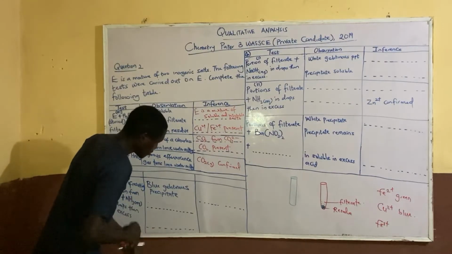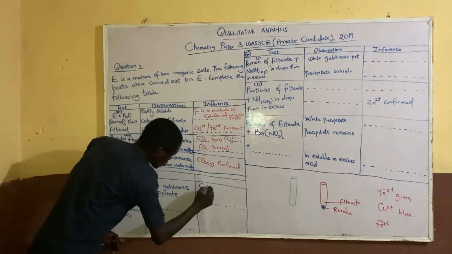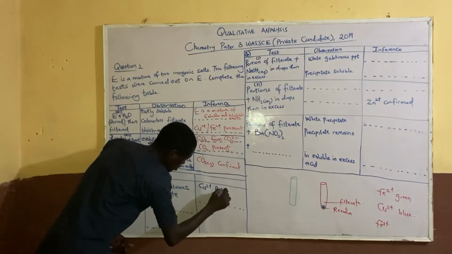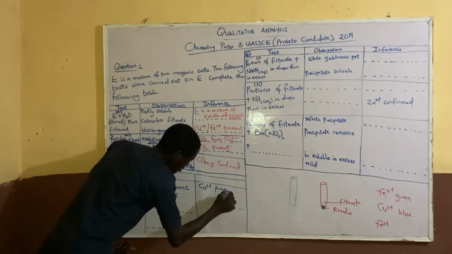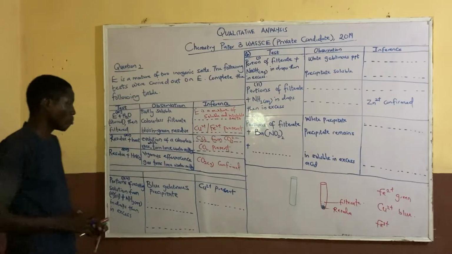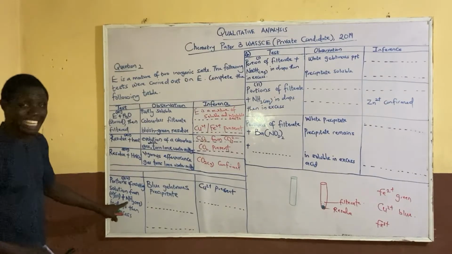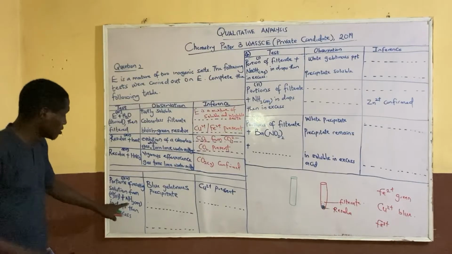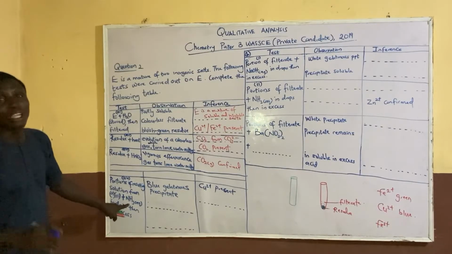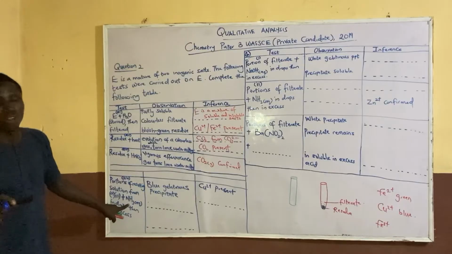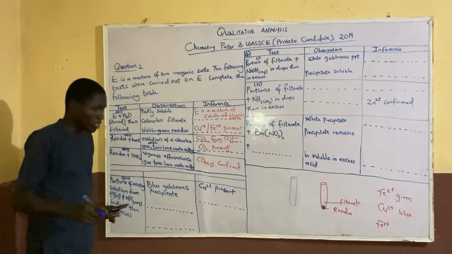So we said copper is present here. They say copper 2 is present, but we can't say it is confirmed. So it is present. Copper 2 is present. Now remember we are using aqueous ammonia. Now when you dissolve any copper solution in aqueous ammonia in drops, it gives a